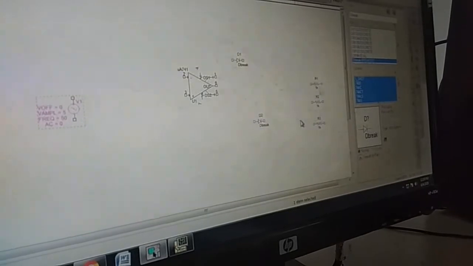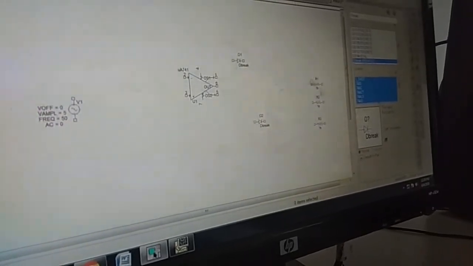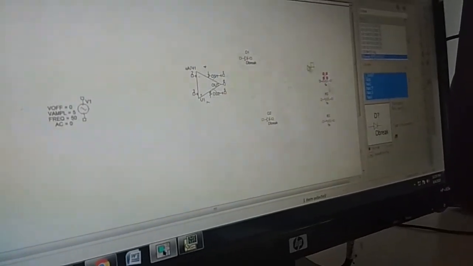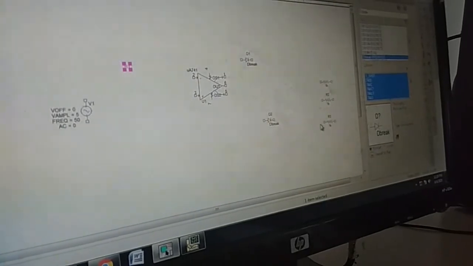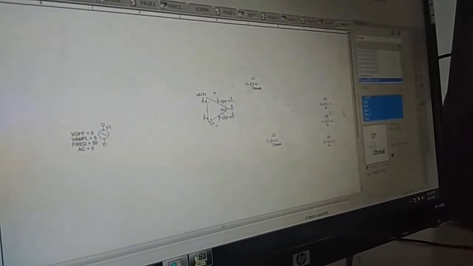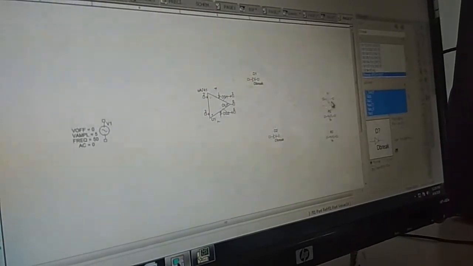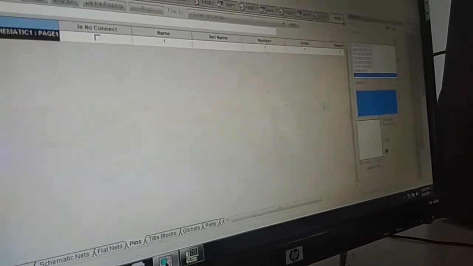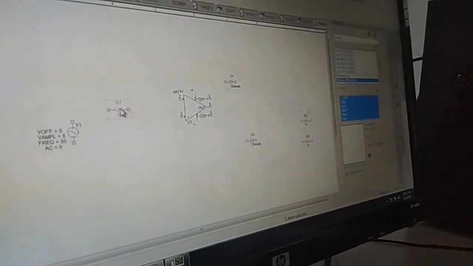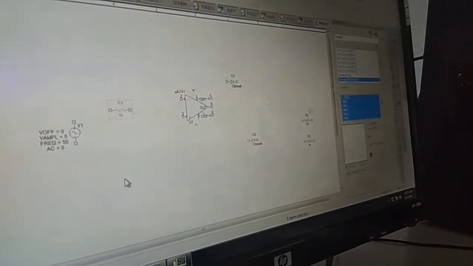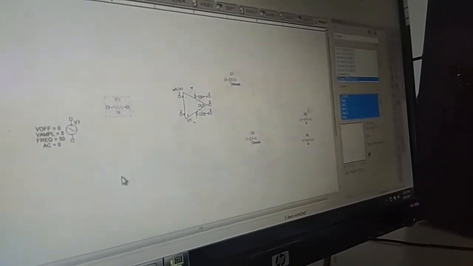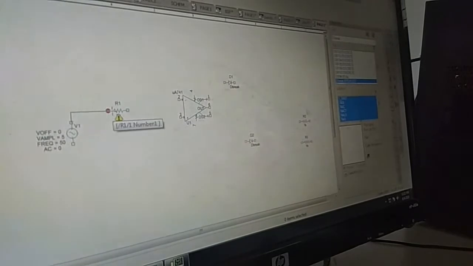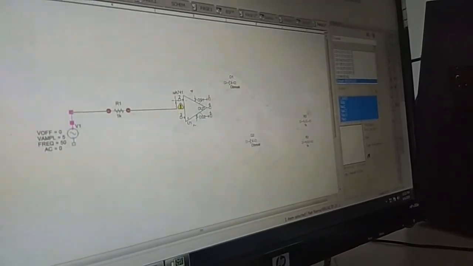Then we require one resistor, which is to be placed and connected using wires. We'll start connecting the voltage source to the resistor, and then from the resistor to pin number 2.